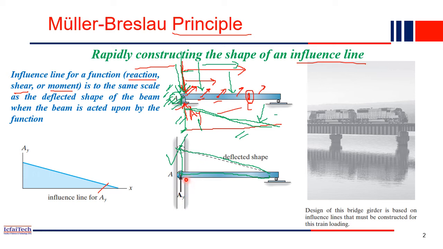Very simple. Wherever you want to find it out, for example, if the question asks for the influence line for the shear force at the midpoint of the beam, what do we have to do? We have to release it so that the midpoint can easily move in this plane, and then you apply a unit shear force at this point, and the deflected shape of the beam will be the shape of the influence line. Quickly you can draw. So let's see a few more examples here.